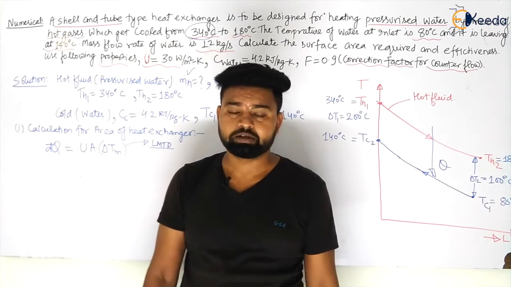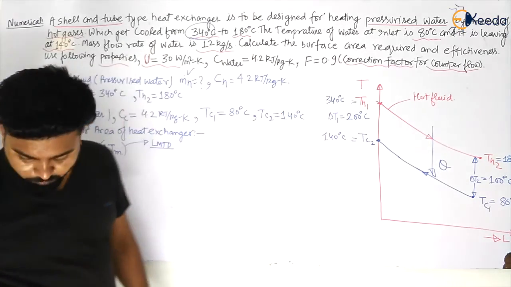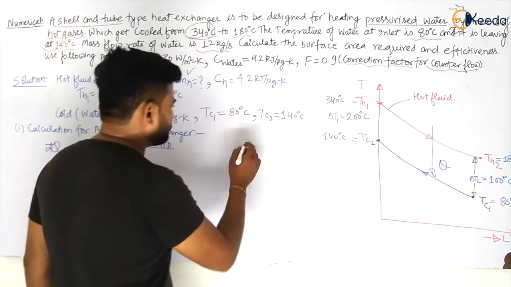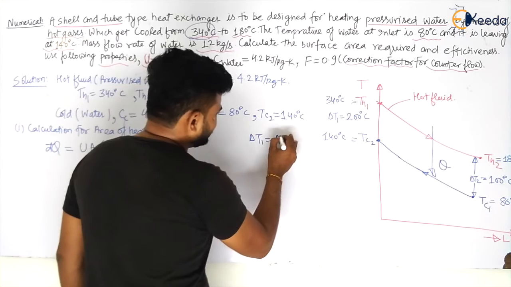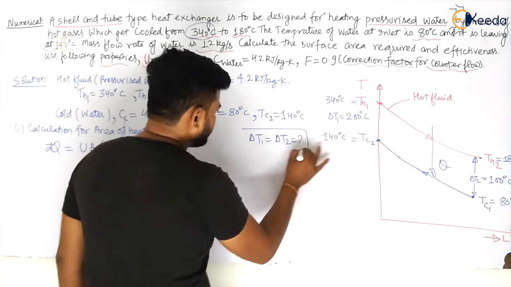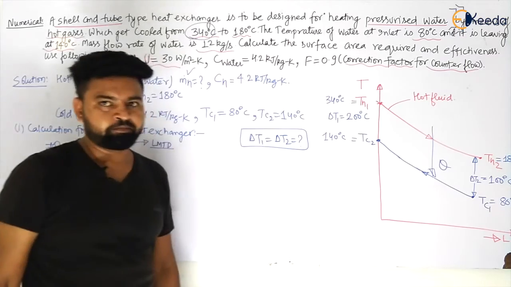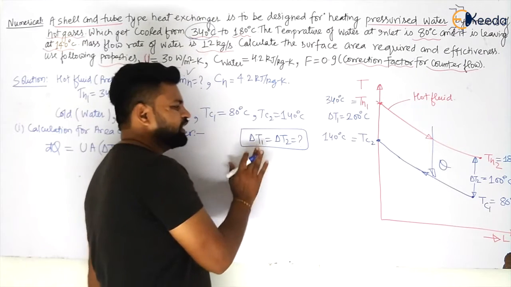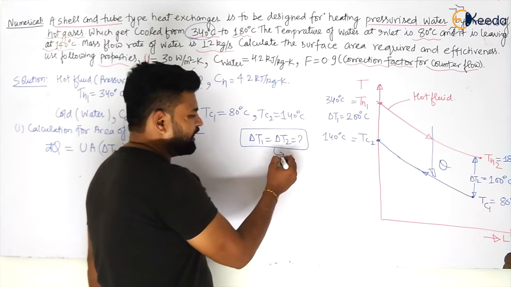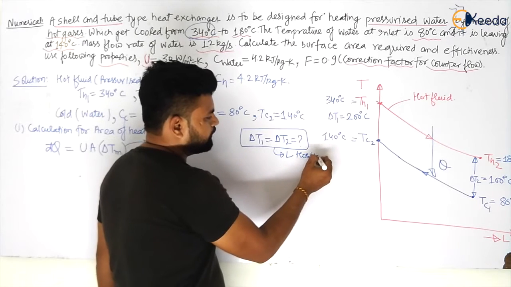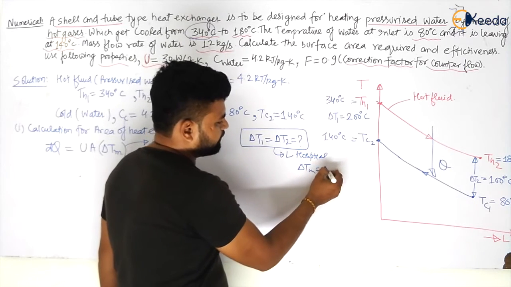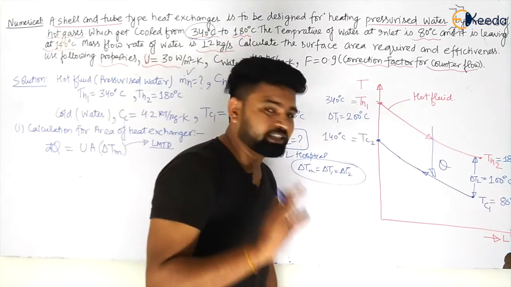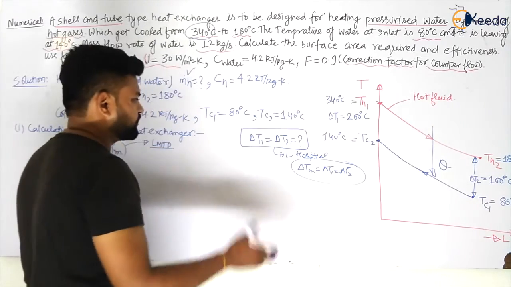So now what should we use? My dear students, when we have the case where delta T1 is equal to delta T2, what will we do then? For this kind of case, you can go for L'Hospital's rule, and you can directly take delta Tm is equal to delta T1, which is equal to delta T2. But we are having 200, we are not having 100. This was to tell you if you get this case. I am not touching this here.